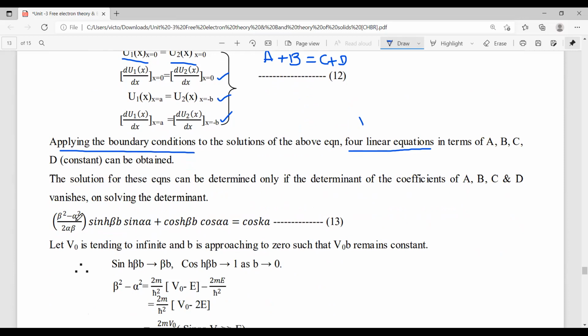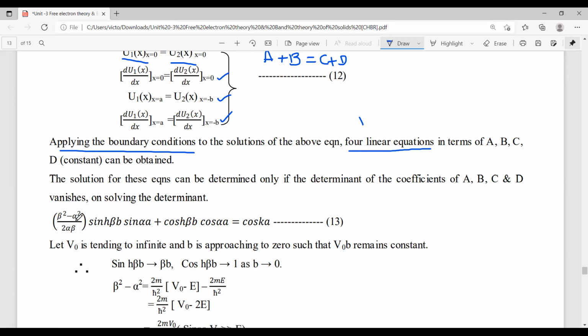The aim is how the energy bands are formed. That means what is the distance between successive energy bands, and what is the width of the energy band and the width of the forbidden energy band. Based on this Kronig-Penney model, these relations are expressed, and Brillouin zones are also expressed. That is a continuous concept, but that is not in our syllabus.